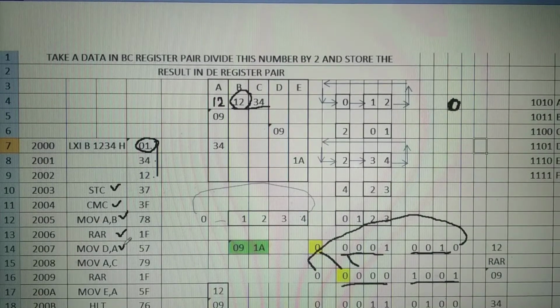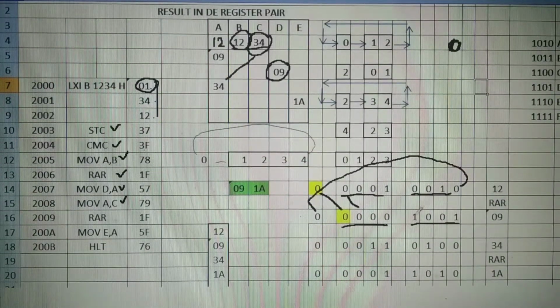Transfer this number from accumulator to register D, and then take the number from C register to accumulator, MOV A,C, and again rotate. When we take the number from C to A, in the accumulator you will get the number 34. Rotate it. This 0 takes the position of carry. Carry goes to D7, D7 goes to D6.